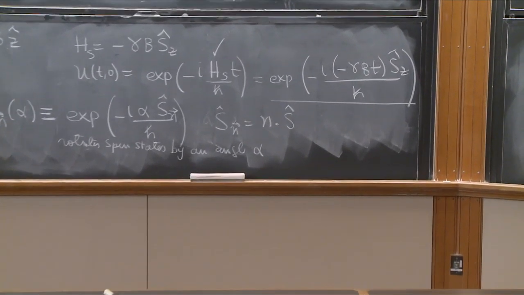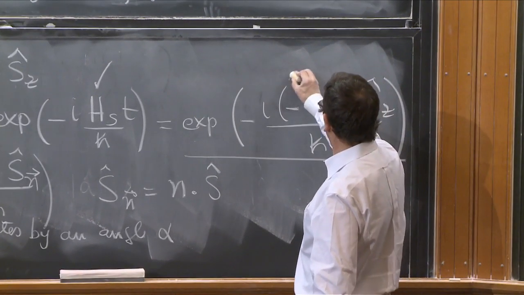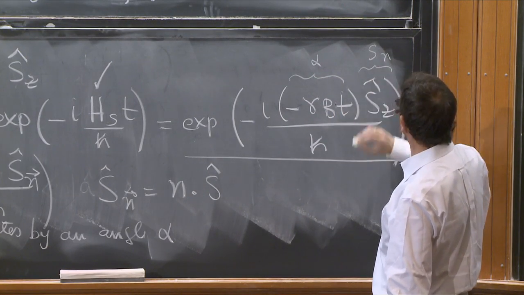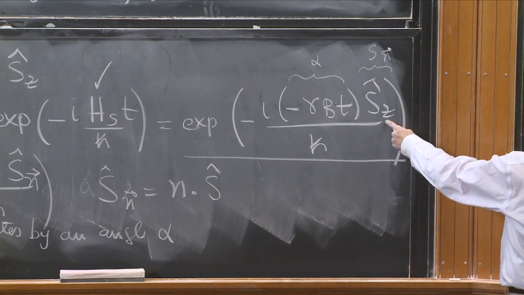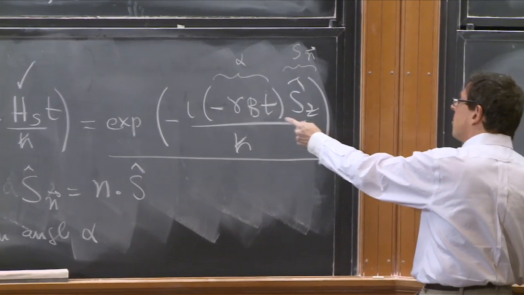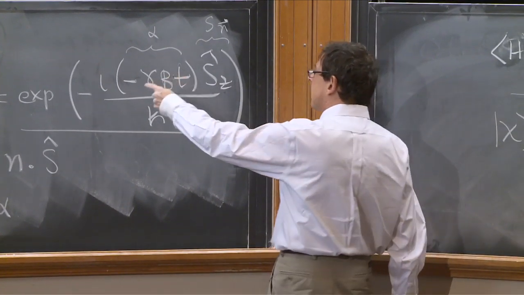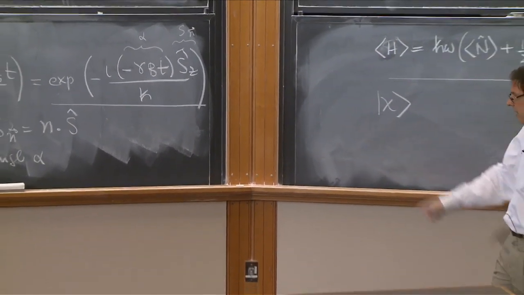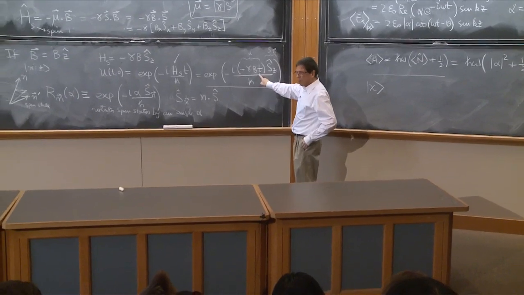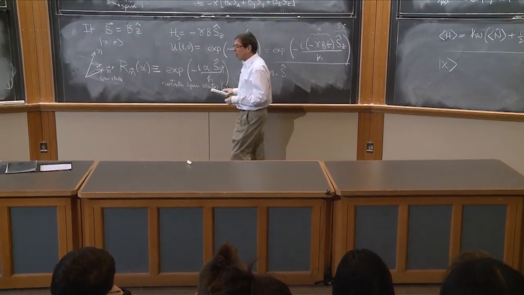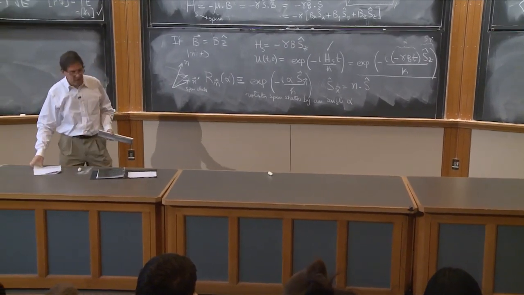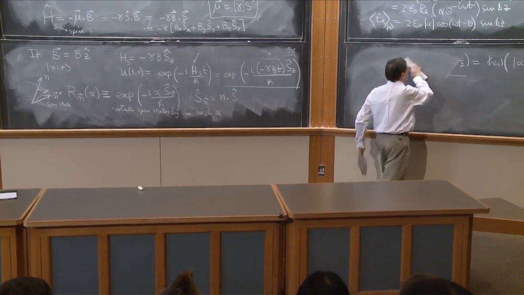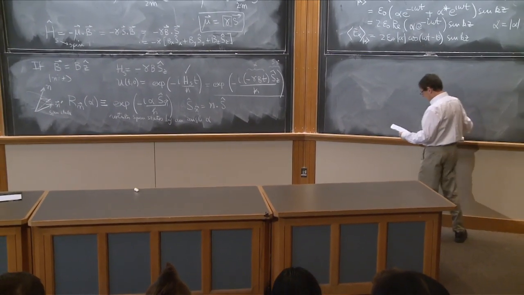Well, it's similar. In fact, this plays the role of alpha, and this plays the role of Sn. So this is the spin in the z direction, and this operator must rotate states by this angle alpha, which is gamma bt. If what we said is right, that's what this operator must do. And I want to, even though I think you've done this calculation as part of test problems or other practice problems, not quite homework, do this calculation again.